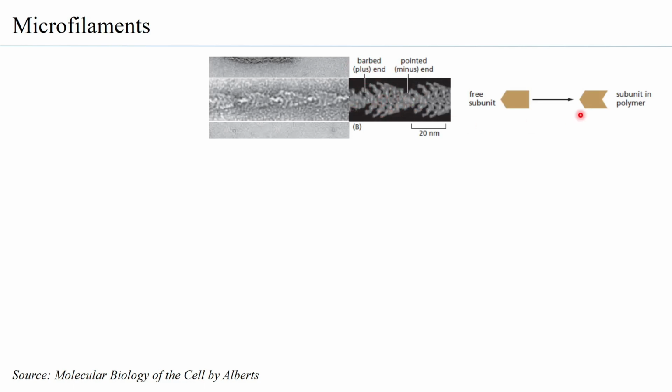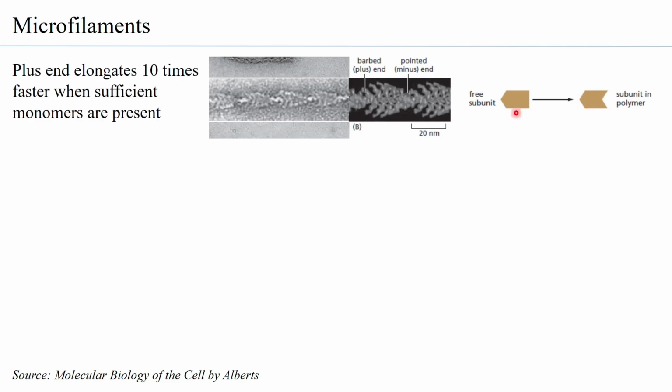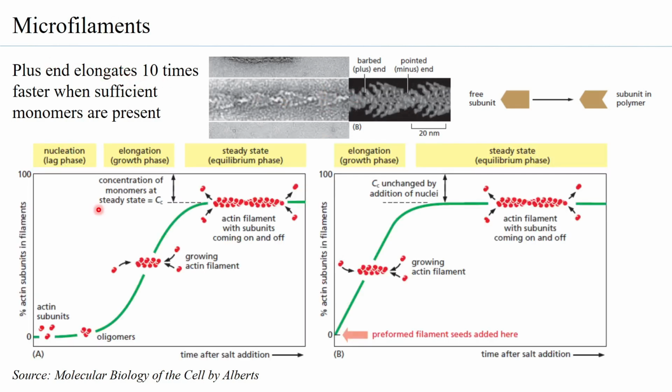So one can observe that when it is a free subunit, this is the conformation of the G-actin. But when it becomes part of the polymer and it becomes F-actin, you can immediately see how the conformation changes, such that one end is the barbed end and the other end is the pointed end. Now the plus end elongates 10 times faster when sufficient G-actin monomers are present in the system. So there are several experiments that were carried out, and so you can understand that the plus end is definitely the fast growing end. So an experiment when conducted in vitro